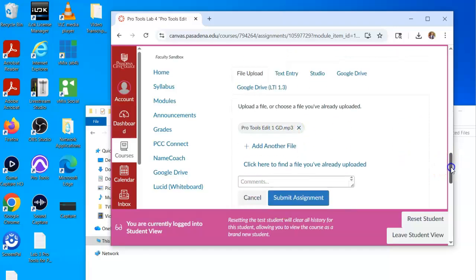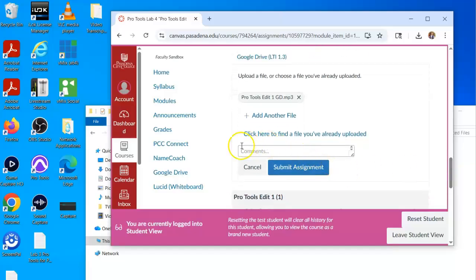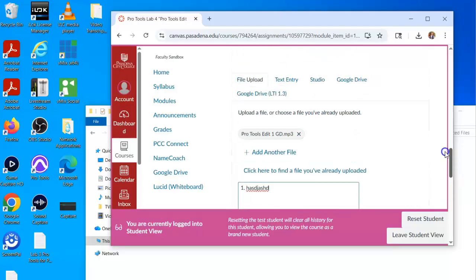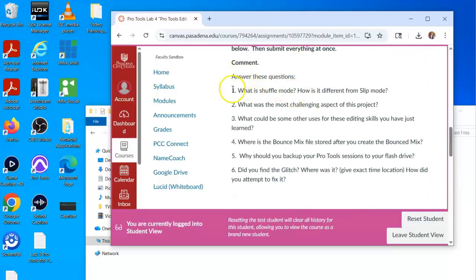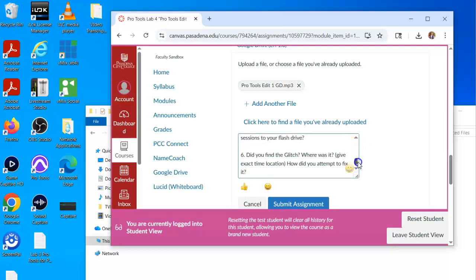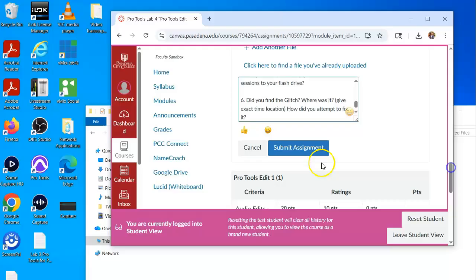And now before you submit it, you go to that comments window, which is right here. You can enlarge it. And this is where you're going to answer those questions, whatever they were. And there's 6 of them. If you find it easier, you can always highlight them, right? You could go like something like this, and then you could just type in your answers if that's easier. But you're going to do all of that with all of those questions answered. Your file's already attached, and only now do you actually click Submit Assignment. And then when you click Submit Assignment,